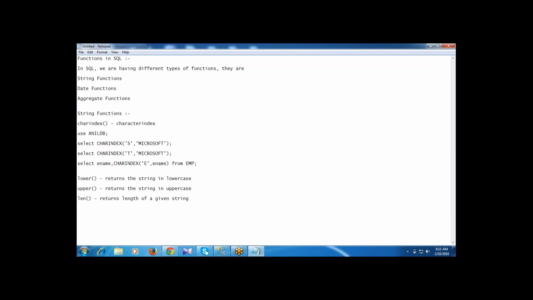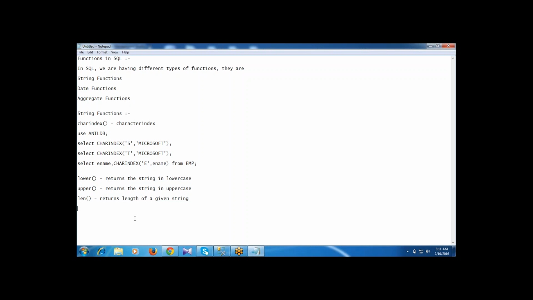Reena, yes? You mean the character index is based on the letters we give? Yes, first we give the input string. From the input string itself, I find the selected character. Whatever character I give, we get that character's position from the input string. Got it? Okay.